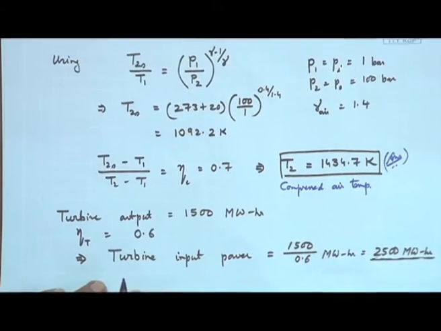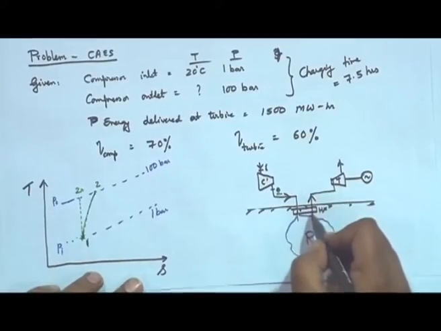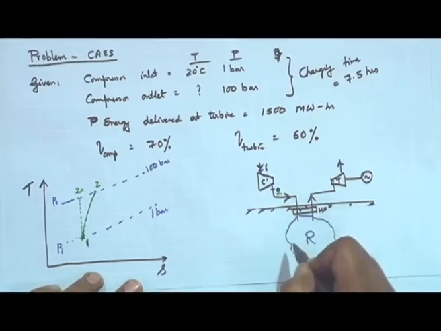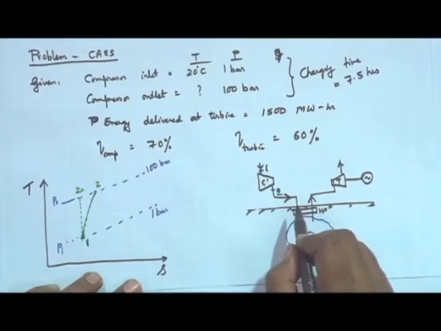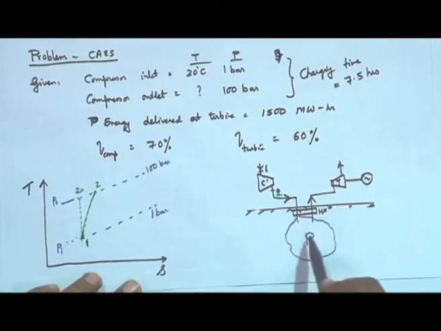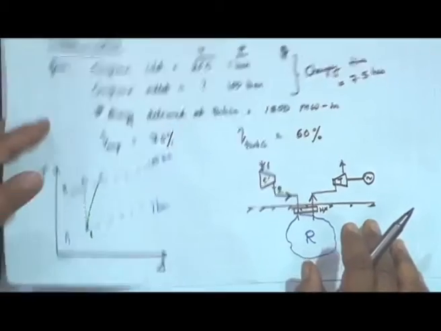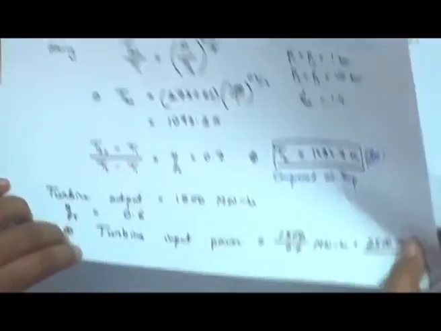This is an important piece of data. Now, what is this 2500 megawatt hour? So, therefore, if I look at it, this is the energy that is being delivered from here. So, that must be equal, assuming there is no loss, to the energy that I pumped in, right, assuming no loss in the heat exchanger, no loss through the reservoir. Okay. Since it is not given, those are assumptions we are going to make, clear.